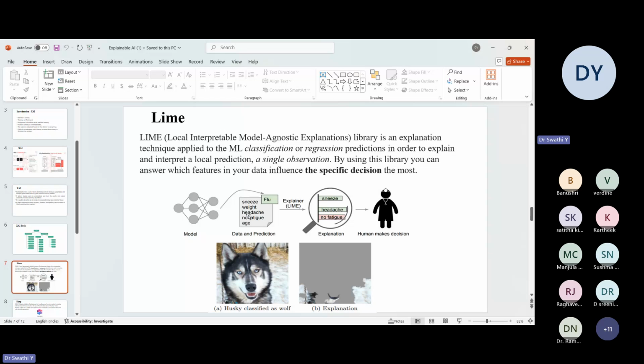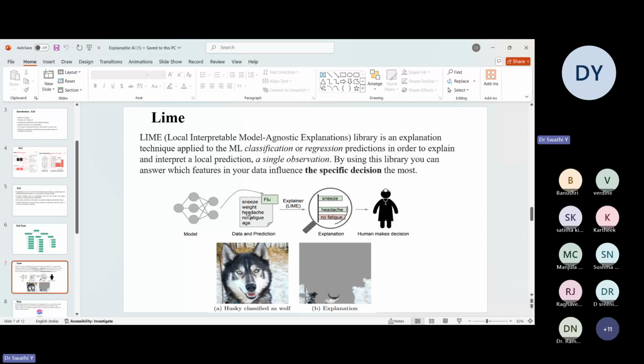Once these features exist, there is a chance of getting flu, and then it will give the predictions. Based on that, we can make decisions about what features are needed in order to predict whether flu is there or not. This is the concept behind the LIME tool. What I mean to say is, when we are training our model using any machine learning algorithm, it will give you a set of predictions.